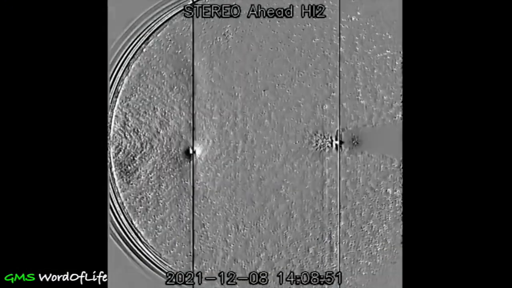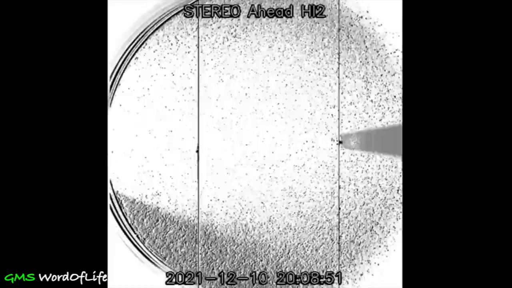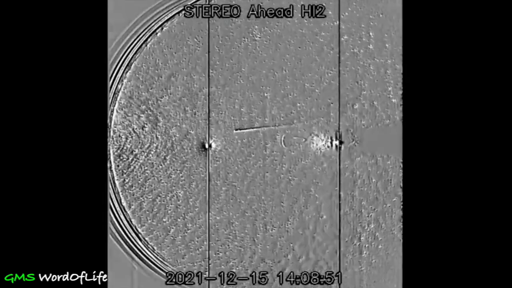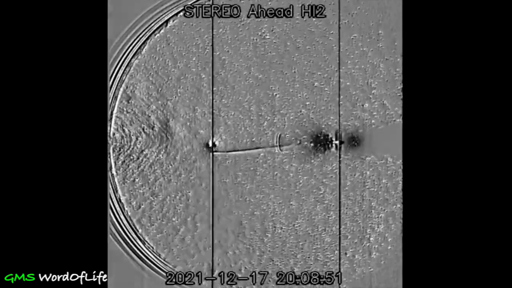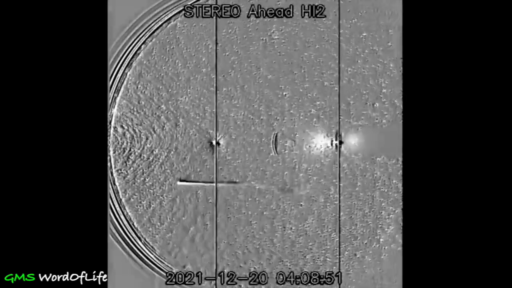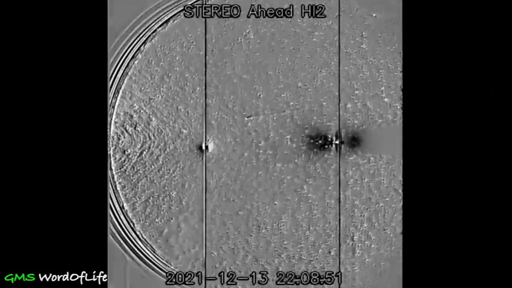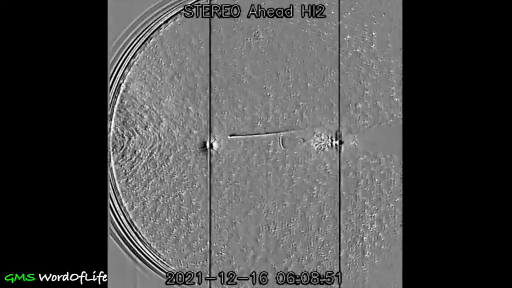Check this out. Got something going on between Venus and Earth. You are looking at our STEREO Ahead HI2 camera, and yes, you are also seeing the Christmas comet, or Comet Leonard, whatever you want to call it, one letter off the name Leonardo. And before I even attempt to break down what we are seeing here, I'm going to give you guys a